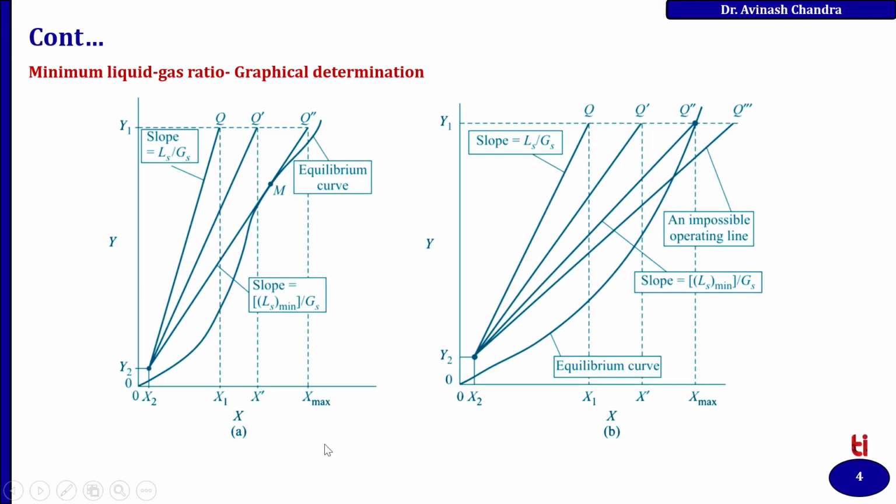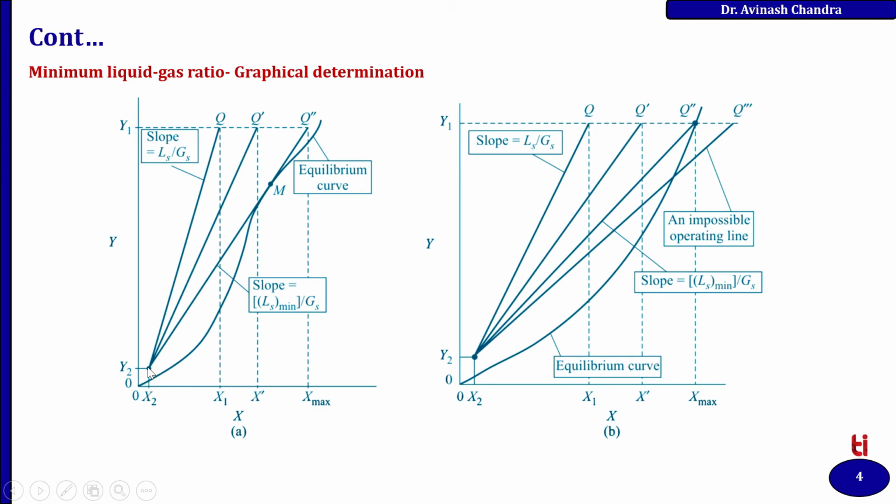So, for the estimation of minimum liquid gas ratio, the graphical method can be used. So, the plotting of X and Y, capital X is the mole ratio for liquid composition, and capital Y the mole ratio for gas composition. So, when we plot capital X and capital Y, this shows some equilibrium curve, and at position 2, the composition of soluble gas in liquid as well as gas phase is considered as some initial point and it can be plotted here as x2 and y2.